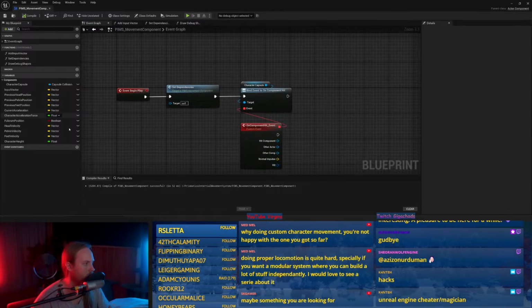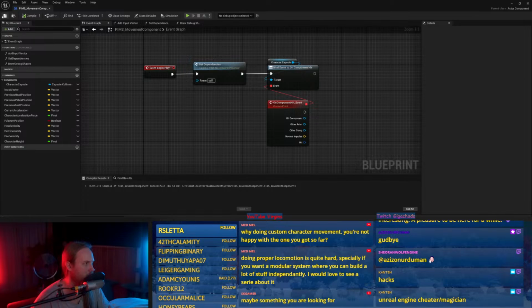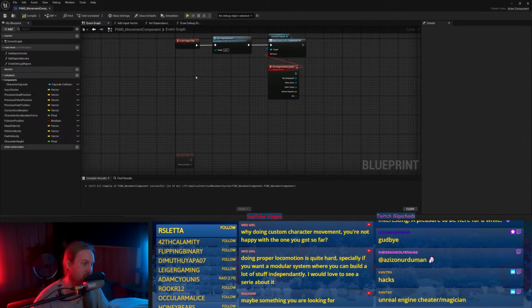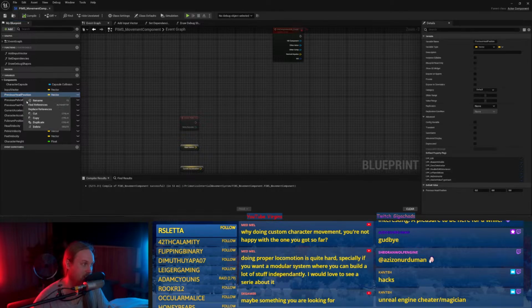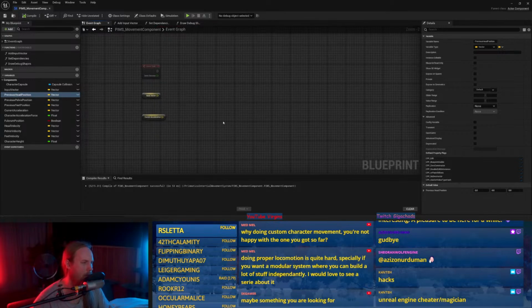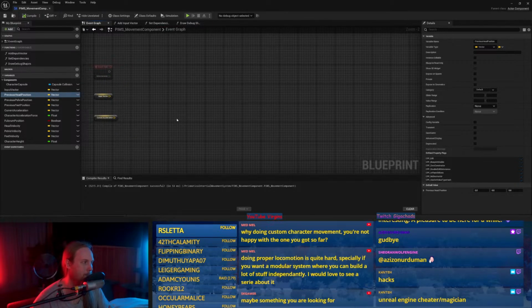Previous head position, pelvis position, previous feet position. Do we need a current position variable? Well, do we need a previous? Because we can just say, apply the velocity.